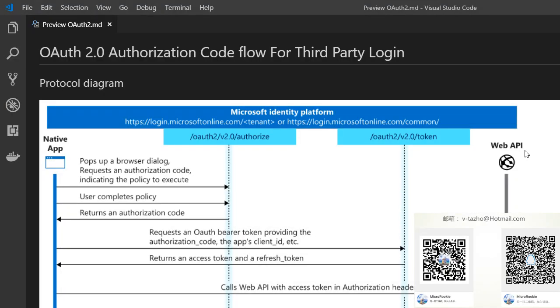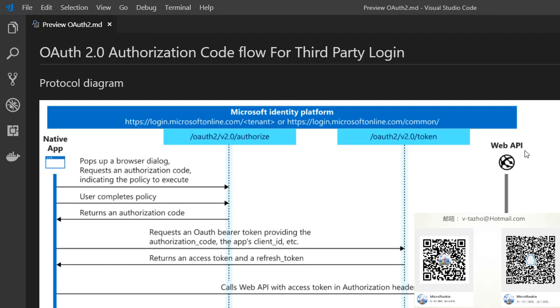Hello, this time we will talk about the OAuth2 authorization code flow for third-party login. For the original login flow, we usually use membership or Core Identity, but many companies follow the OAuth protocol, which is more secure and common. For example, we could involve Microsoft login, Facebook or Google login into our existing project to avoid